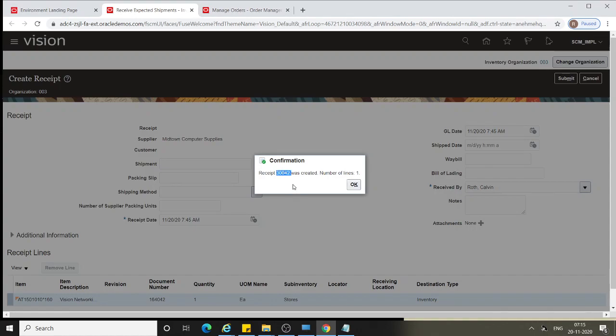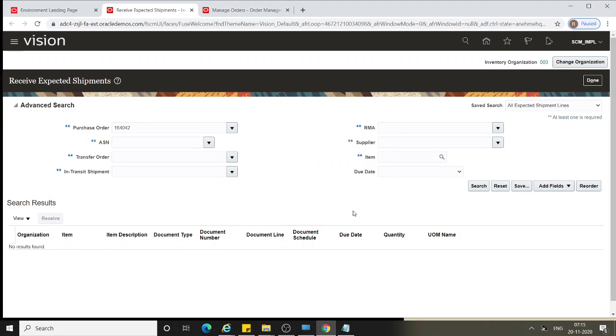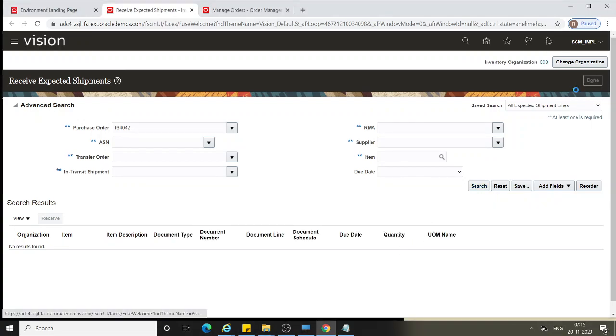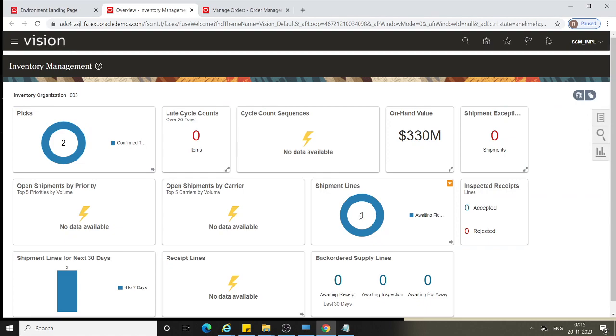So a receipt number will be created. Okay, so we'll click on that. So now the receiving part is completed. The supplier had sent the material and you have received that material into your warehouse.